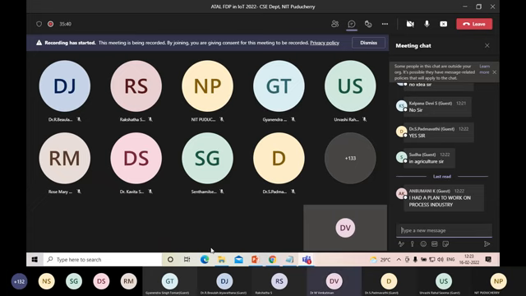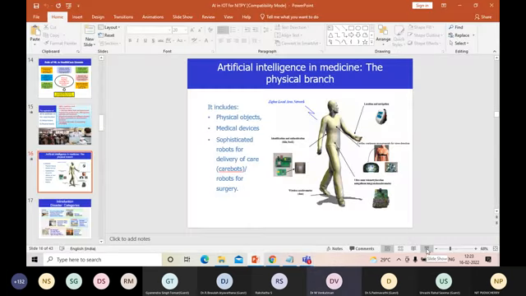So the problem is here. There are two problems in healthcare. One, the data is very sensitive. Correct, the data are very sensitive. People or the hospitals are not